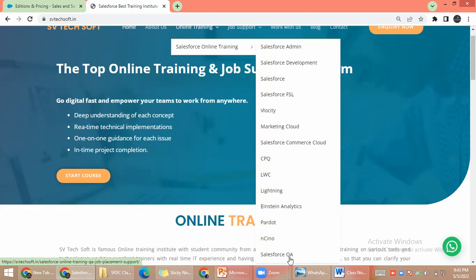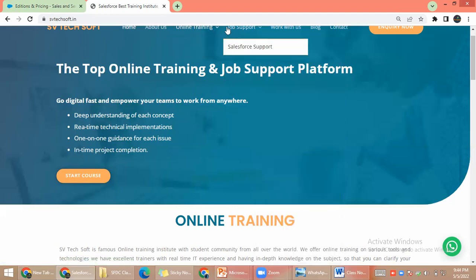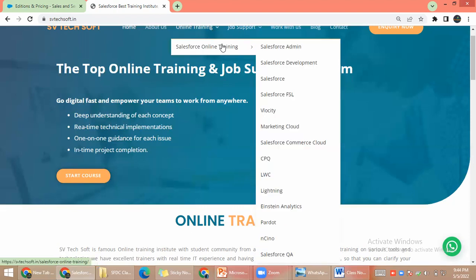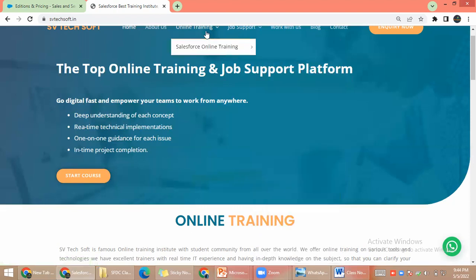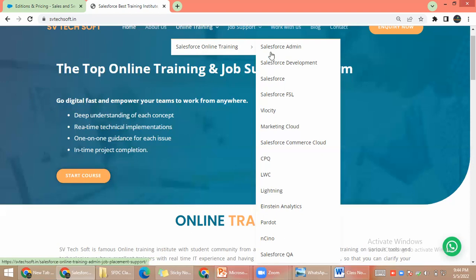In Salesforce testing also, we have to learn CRM and the administration course. After that, we will teach some tools like Jira and Rally, and how we write user stories and everything will be covered. This is all about the different modules. But especially today's demo is designed for Salesforce. Within the Salesforce training, we will cover Salesforce administration, Salesforce development, Salesforce CRM. Other than that, Lightning and LWC will be covered. Is this clear?